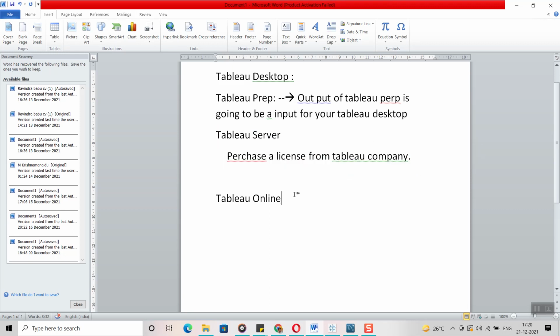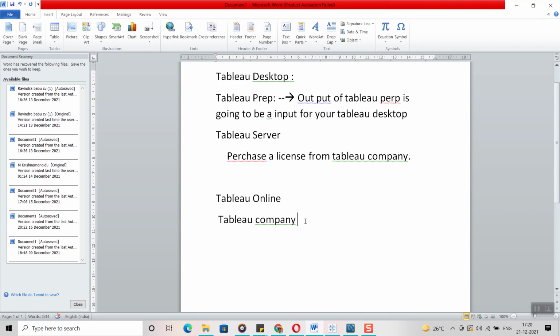Coming to Tableau Online, once you go for Tableau Online, the Tableau company will maintain the infrastructure and everything. They are just going to give some space in their server.